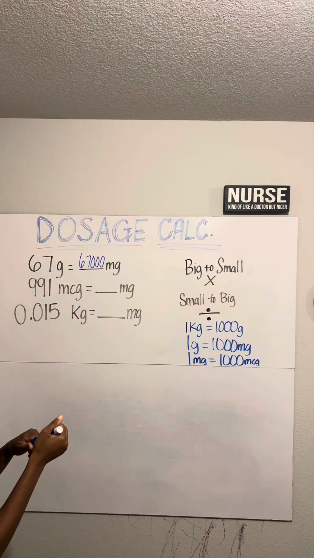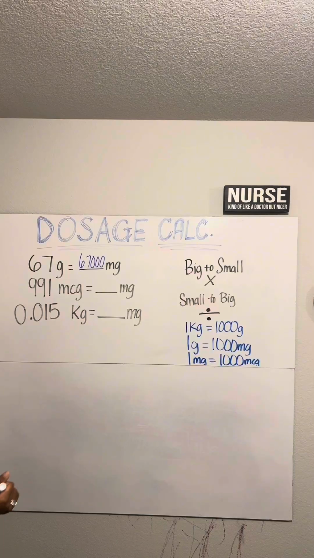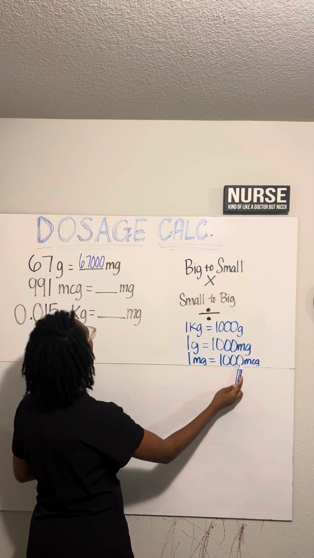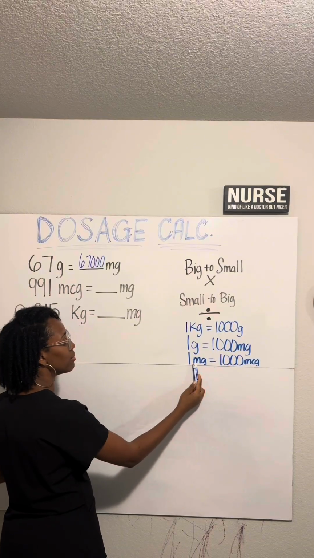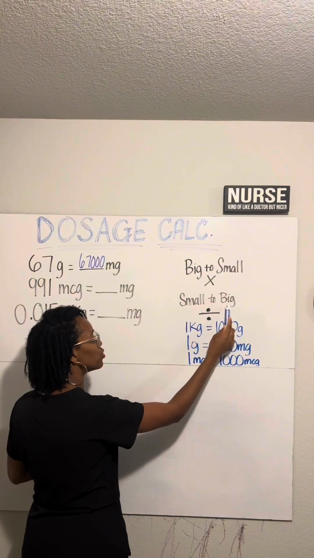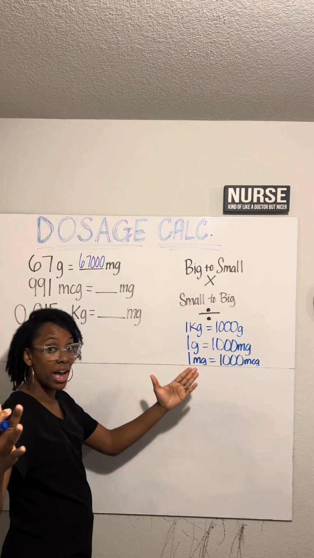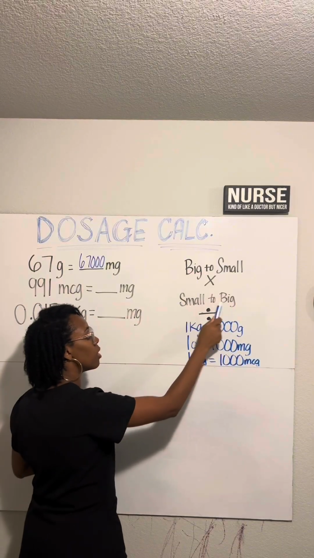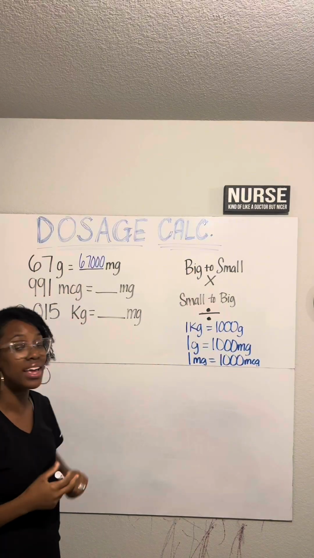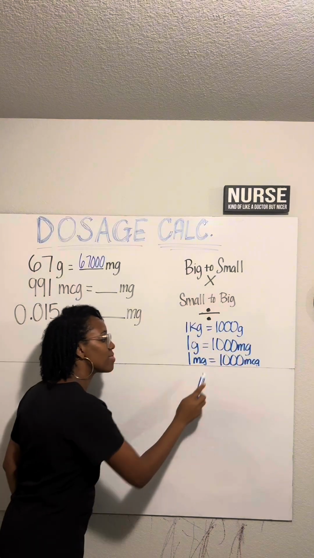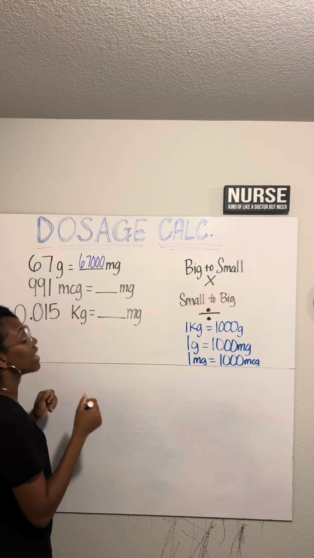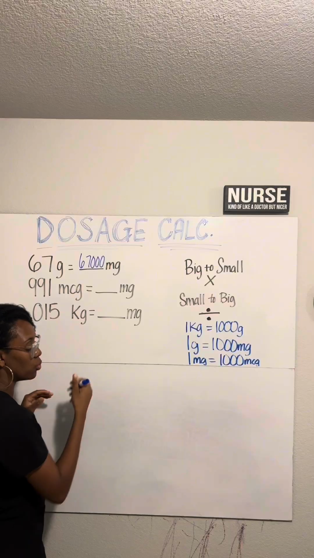All right. So our next one is going to read 991 micrograms equals how many milligrams? Well, micrograms is very small and we're going to milligrams, right? So we're going from a small to a big because 1,000 micrograms only equals 1 milligram. All right, so that's small to big. So we are going to be dividing. And divided by what? Well, 1,000. Everything is 1,000. All right, so 991 divided by 1,000 will give you a total of